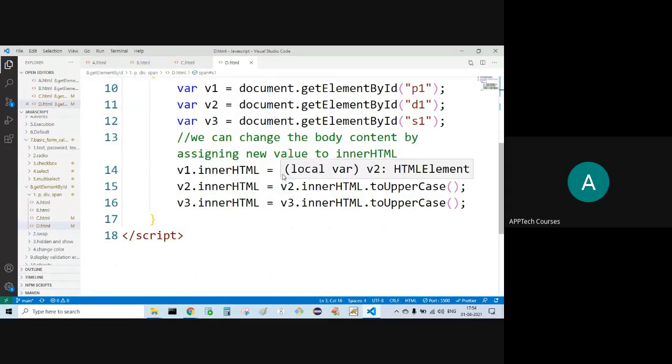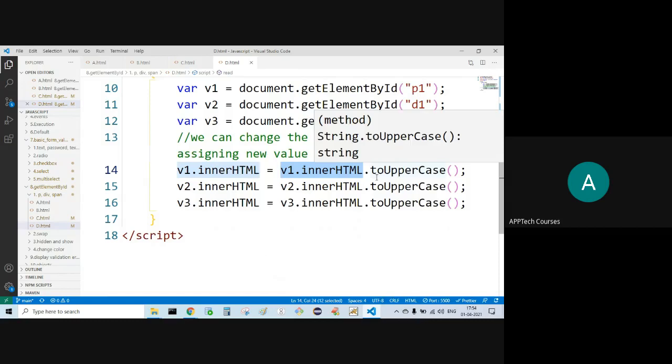Now what I'm doing? V1.innerHTML. Initially some content is there, alphabets. That content I'm changing to uppercase. All the content I'm changing to uppercase. Then I'm storing the result to v1.innerHTML.